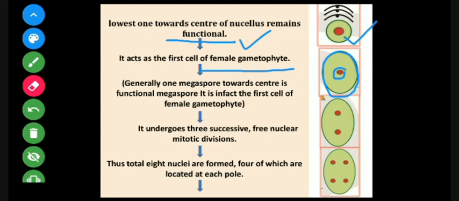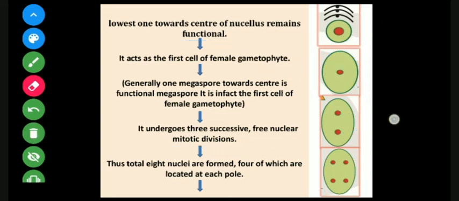Now here one nucleus will undergo free nuclear mitotic division. Let me mark the point, free nuclear mitotic division. Now what does it mean? It means the one nucleus, which I can call a parent nucleus, will undergo division again. So it will undergo 3 rounds of division. Once the nucleus divides by mitosis, it will give rise to two nuclei. So this is one nucleus, this is two nuclei. Again these 2 will undergo mitotic division to form 4, and ultimately these 4 will again give rise to 8 nuclei.